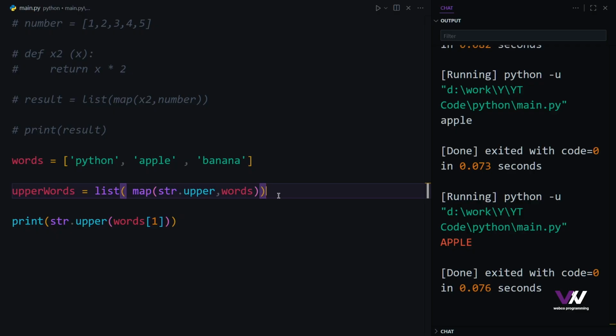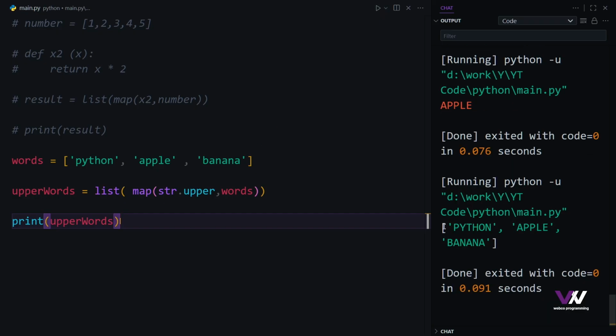And now after we're done with this, what we need to do is simply print these upper words into our output. And now if we run, you can see we got this result of Python, Apple, and banana in uppercase. So basically, map is about transformation of one thing into another, and it works with any iterables like lists,